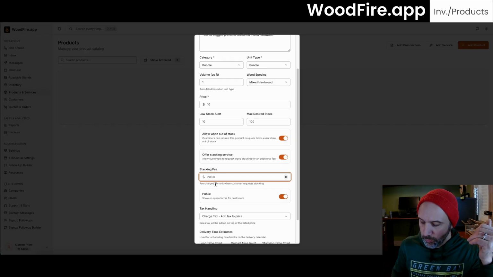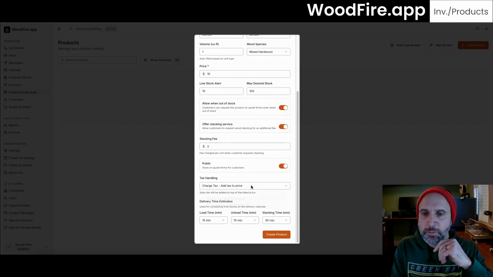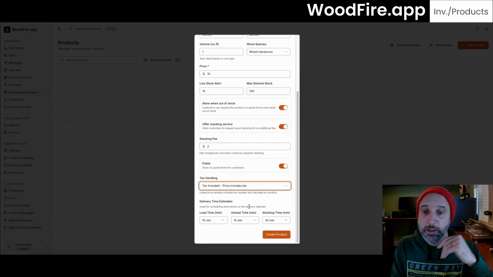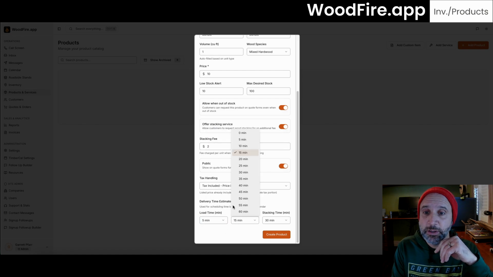So if someone comes and they want you to drop it off and put it somewhere for them, you can add a $2 stacking fee. Generally, especially if you have a roadside stand, you're going to say the tax is included in price. Load time doesn't take much time, but we say 5 minutes to load, 5 minutes to unload, and 5 minutes